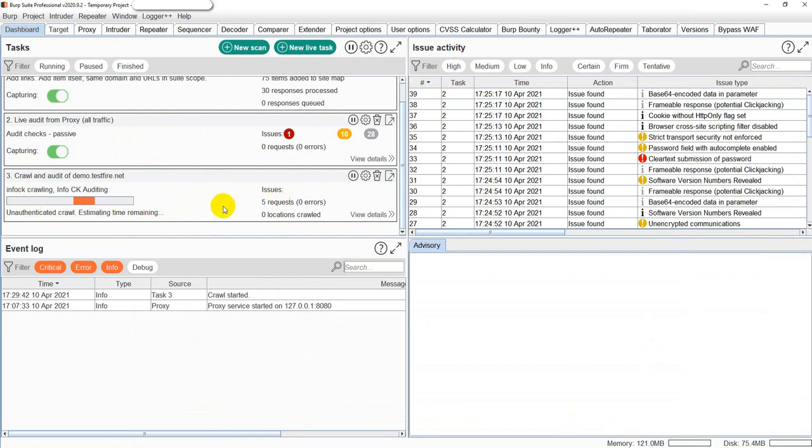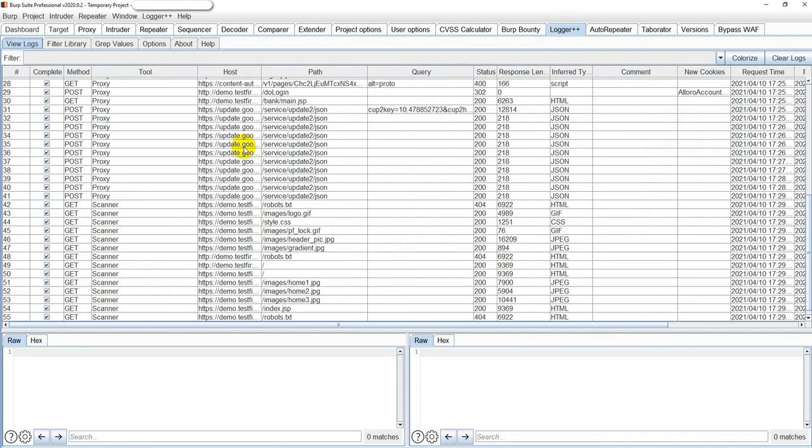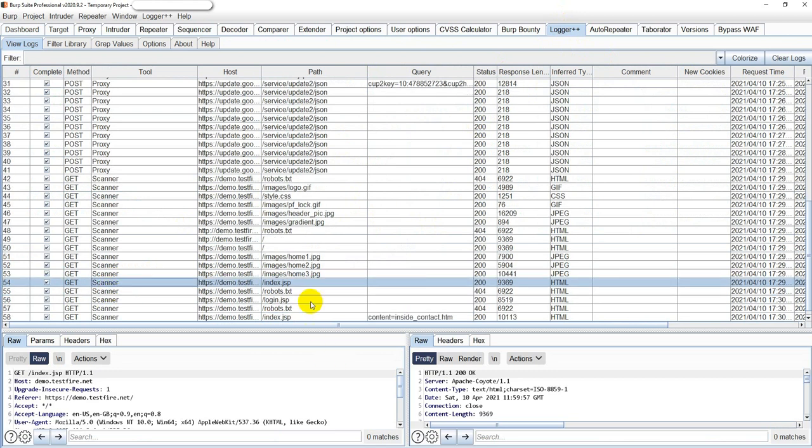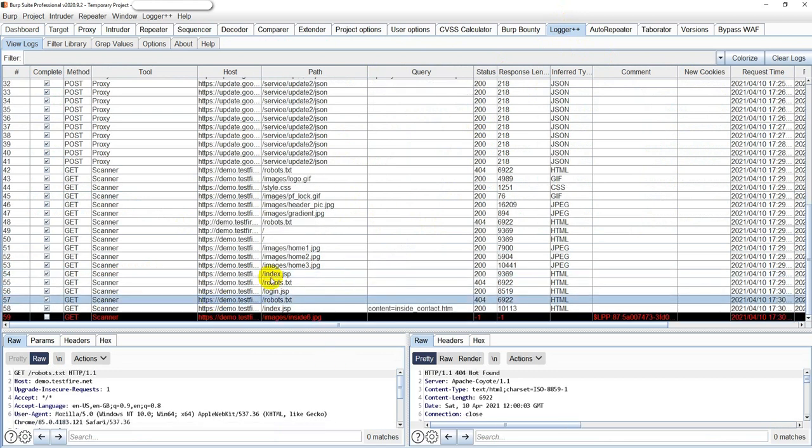It is basically going ahead and checking out the time remaining. Now here is one thing that I already spoke about in this video: how to verify whether a scan is happening or what exactly Burp is doing. You can use this extension, Burp Logger++, and you could see in the logging part itself what the tool is doing, right?